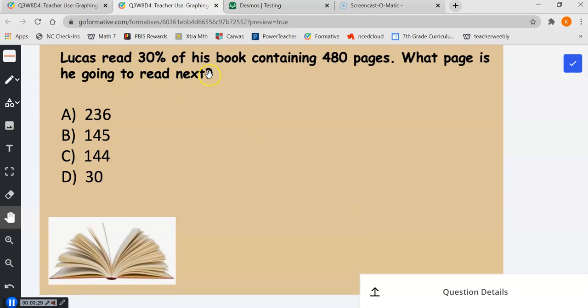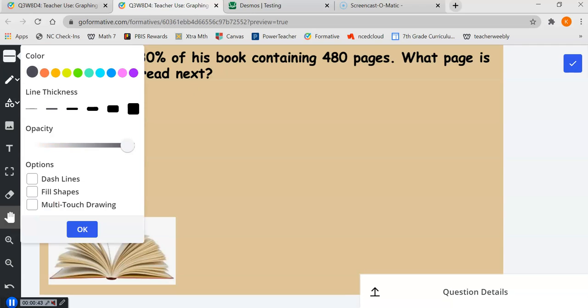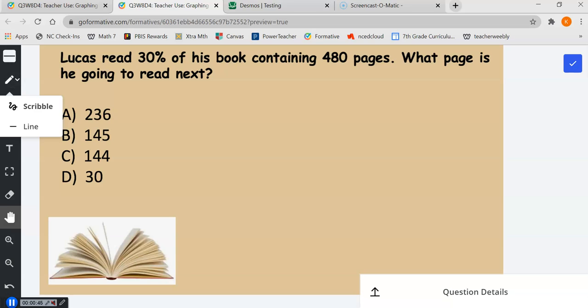Lucas read 30% of his book containing 480 pages. What page is he going to read next? So the first thing that I notice is this is a percent problem. So I'm going to record 30% like this